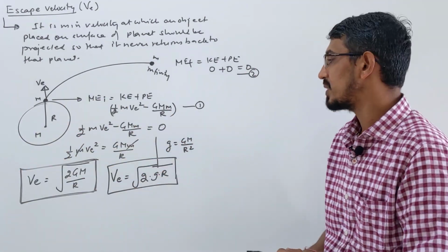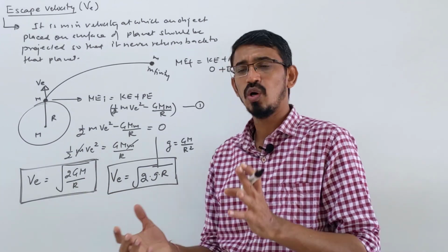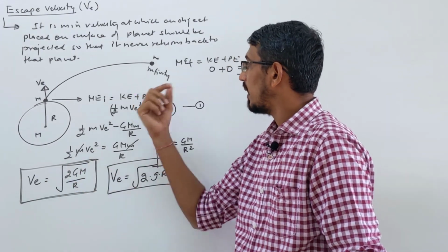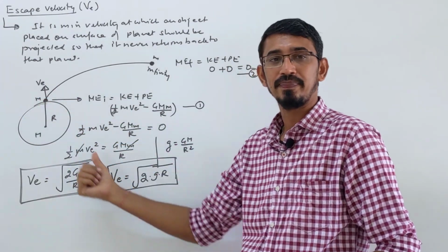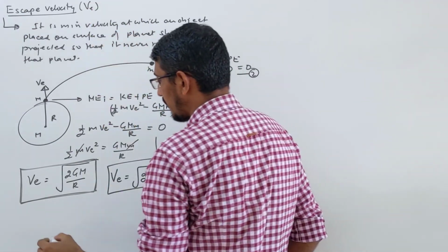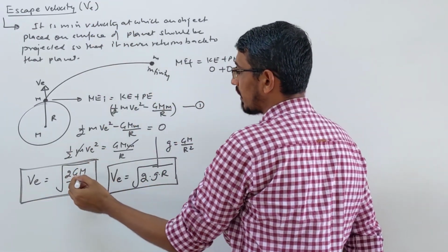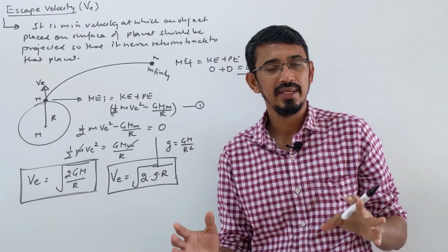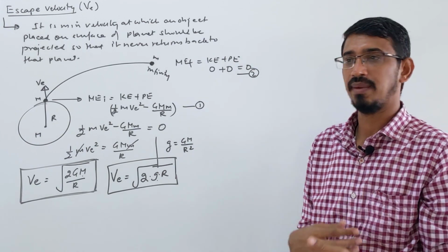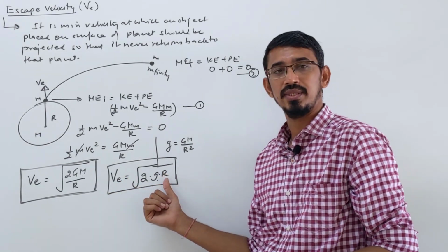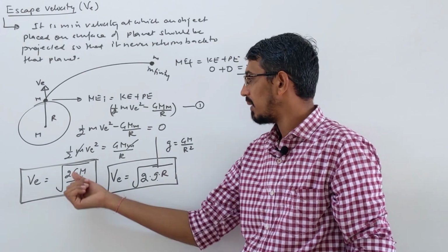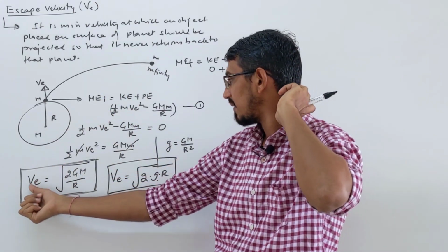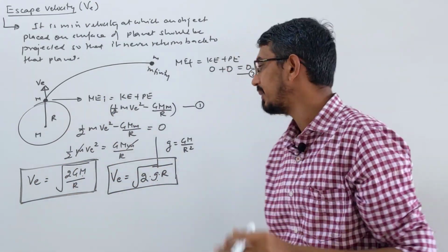They ask comparison type of questions. Sometimes they say that two objects we want to launch from the same planet of radius, then you see that the mass of the object is not coming in this formula. Can you see? Yes. Before that I said this is a formula in terms of capital G, this is a formula in terms of small g, right? Now they say that two planets having exactly the same small g, acceleration due to gravity, then escape velocity depends upon what? Radius of that planet, right, root proportional. But here mass is the same, two planets having exactly the same mass and you want to launch two objects from those two, then escape velocity depends on what? Inversely on what? Radius, okay.